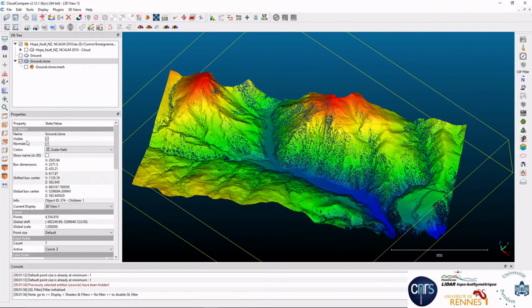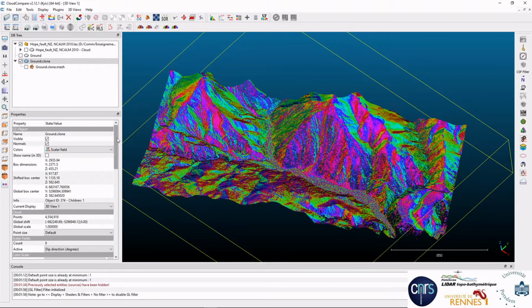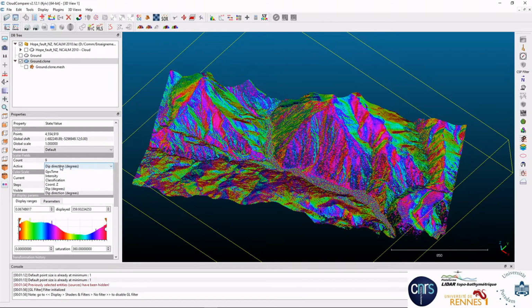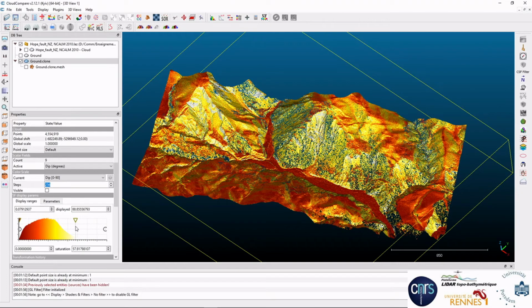Okay, so once we have normals available on the point cloud, it's interesting because we can use the menu Normals > Convert to create a conversion to dip and dip direction. This creates two new scalar fields here: dip direction, which is the azimuth, a range between 0 and 360 degrees, the horizontal azimuth, and the dip degree, which is the topographic slope here in degrees.